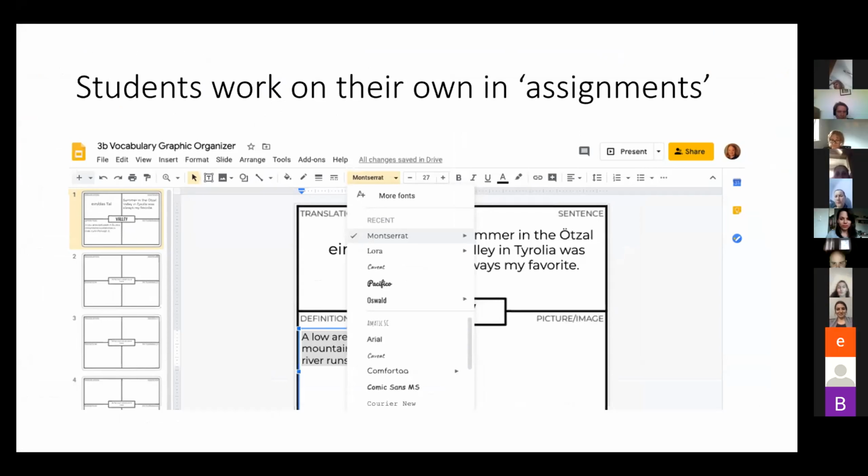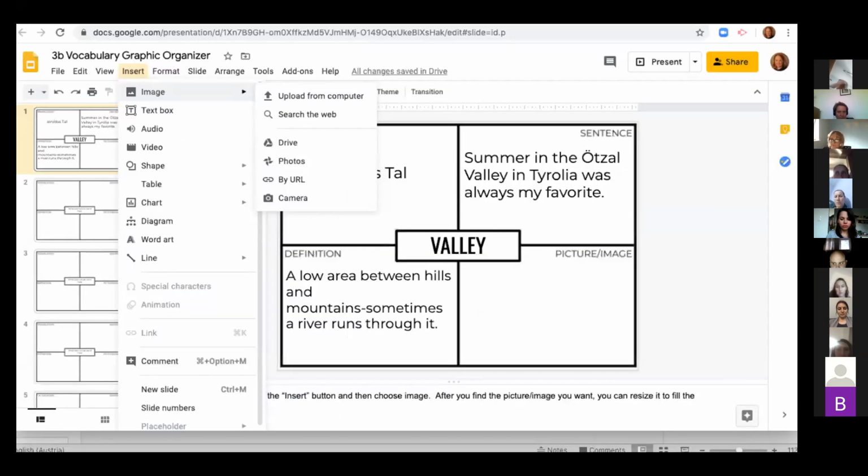And it was relatively easy to do. I could change the fonts, I could change the size. And just like working with a Word document, you can manipulate the text, you can do different things. If you look on the left side there, I duplicated it so the students can do more than one. And for the picture image component of this graphic organizer, one easy thing to do is